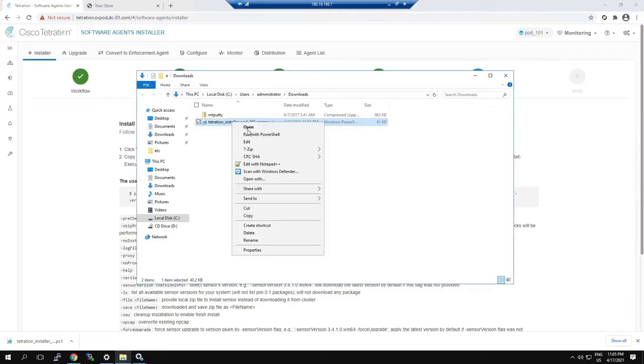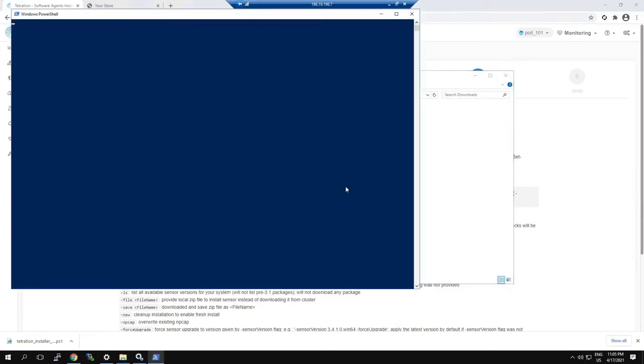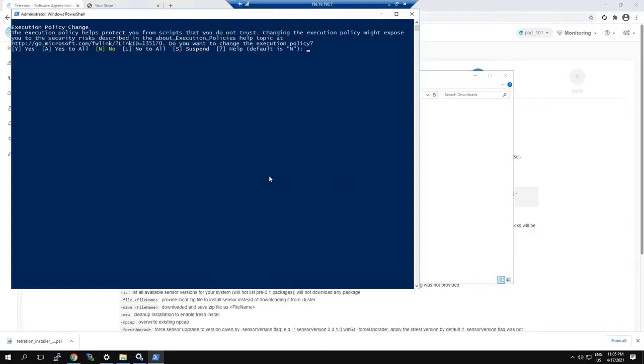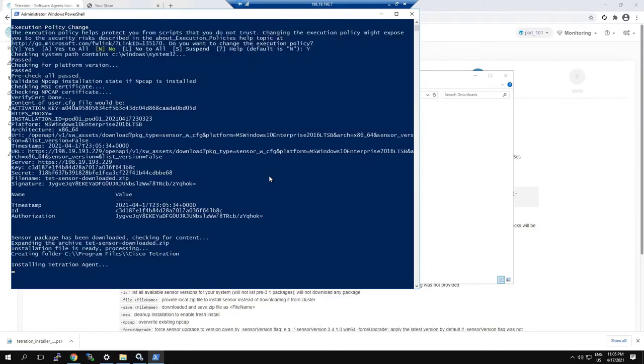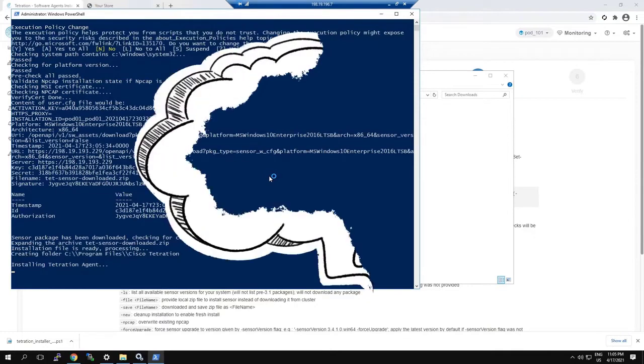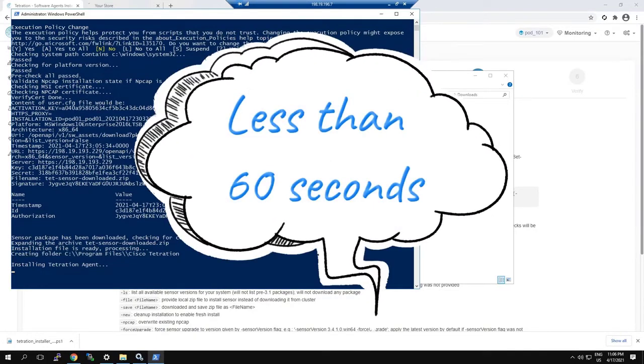We'll go ahead and open this. We'll run this in PowerShell. We'll go ahead and hit open. Once it does this, it talks about changing the execution policy. We'll go ahead and hit yes, and the installation starts. Now, this only takes a few seconds. So I think the total seconds for it to completely